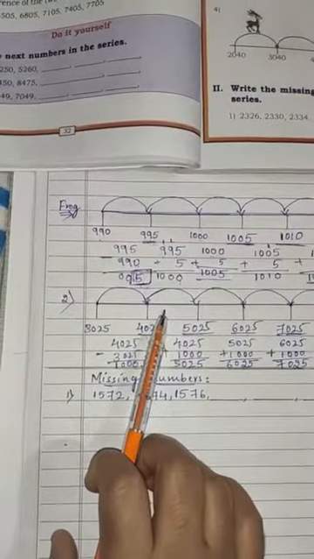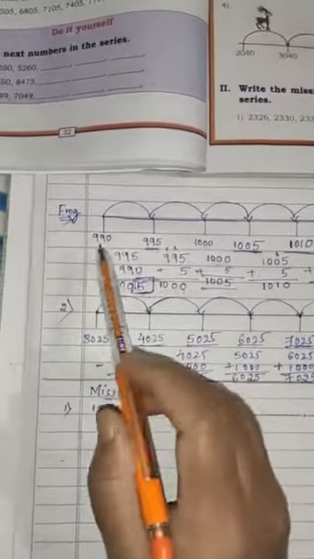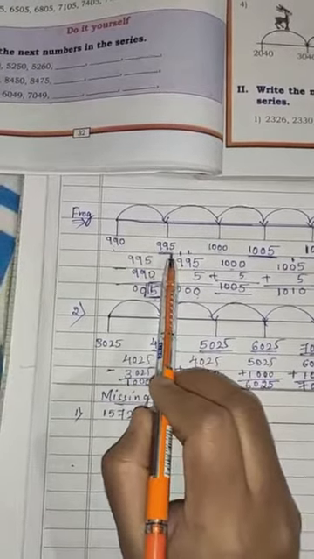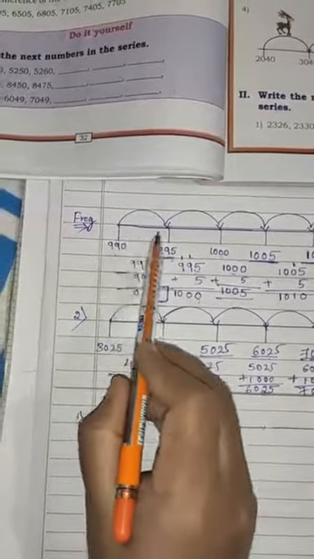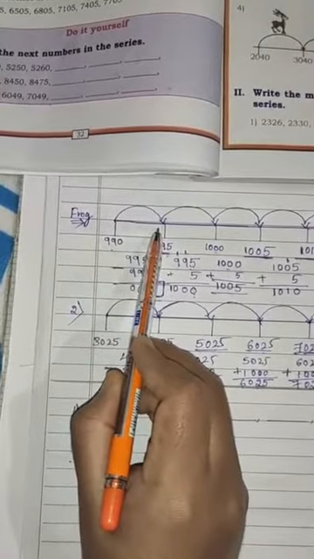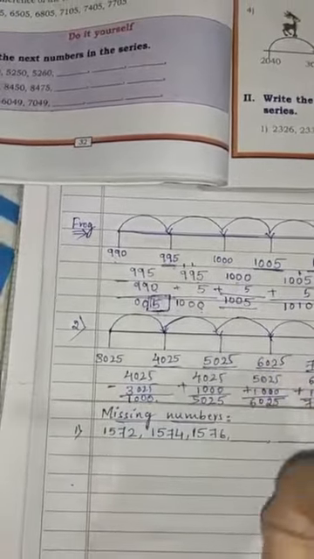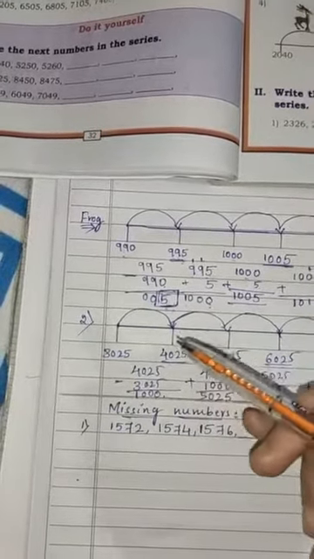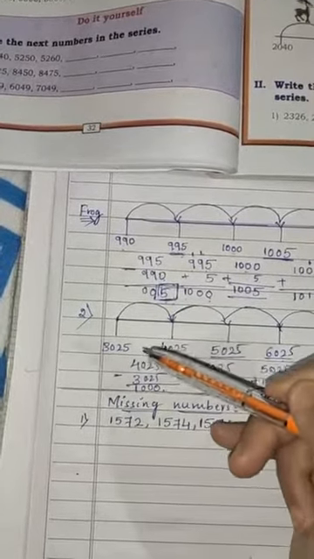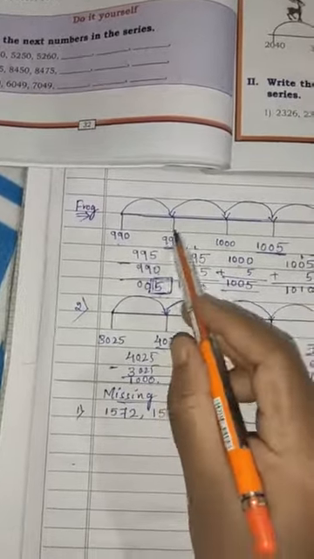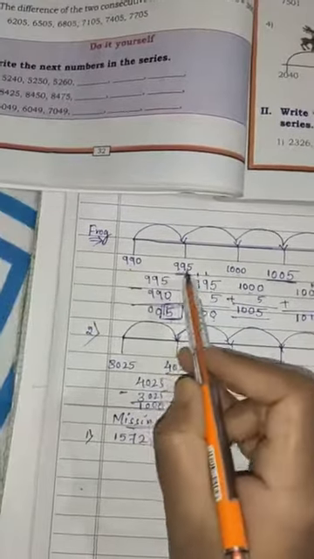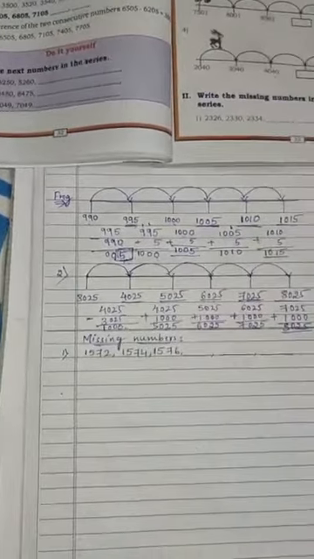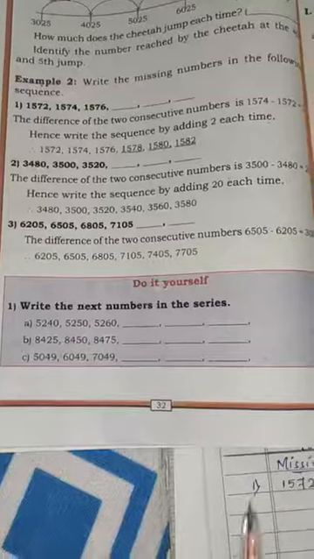Yes. What we have to do here? Yes, first we have to subtract the first number from the second number and we'll get the difference between these two numbers. Next what we have to do? Yes, we have to go on adding that difference number, whether it is 5, 6, 1000, 2000, 50, 80, whatever it may be, we have to go on adding that difference each time for every number. Okay.